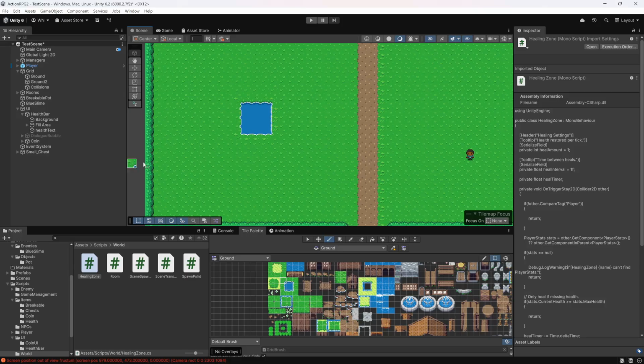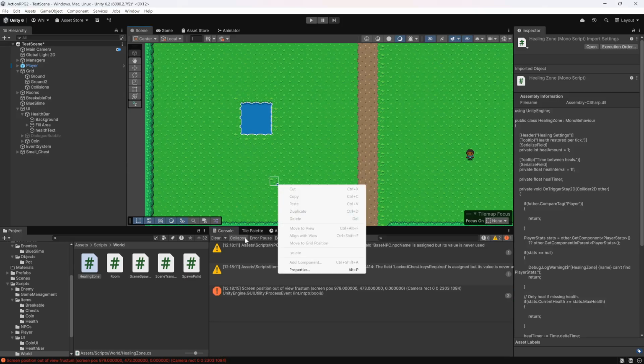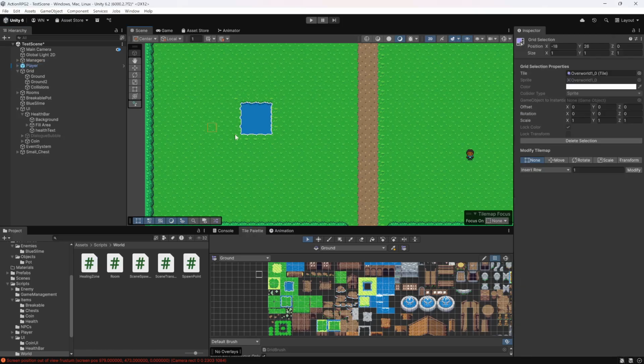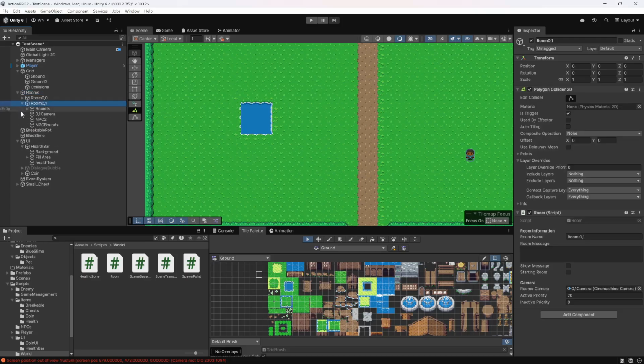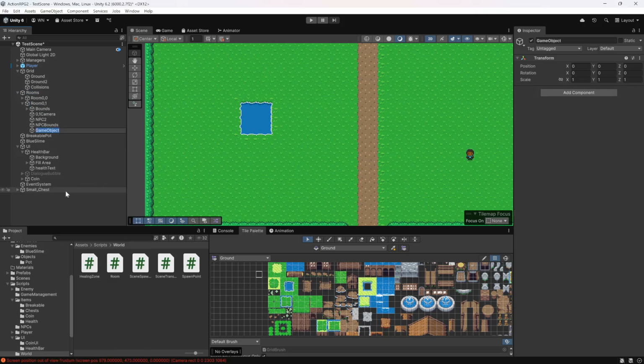Boom. All right. So now that we have our little lake in place, we can go to our tile palette and just hit the arrows so that way it goes away on the player. All right. So what we want to do now, that is room 01. So if we go to room 01, and we right click on it and we go create empty,